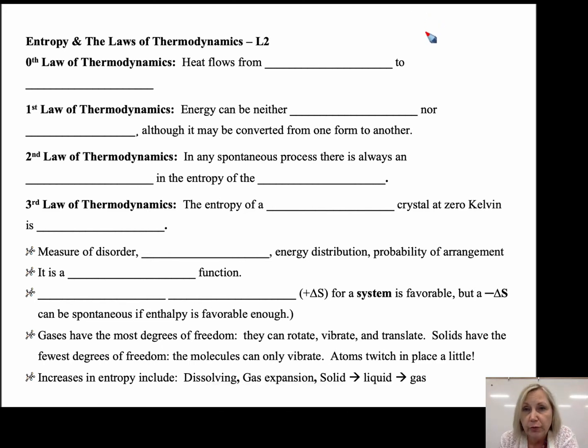It is assumed at this point that you are familiar with delta H naught of a system, or the enthalpy. Most Chem 1 students will be introduced to that in terms of endothermic versus exothermic processes. What we want to look at now are the twin concepts of entropy in the context of the laws of